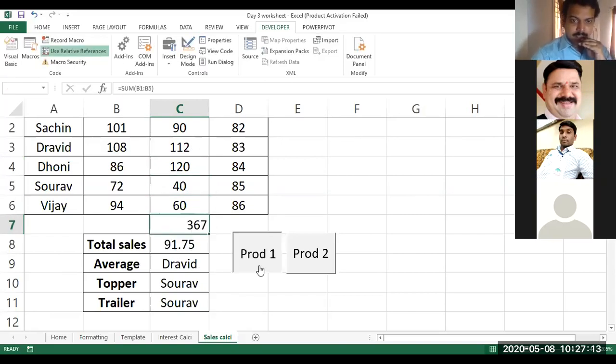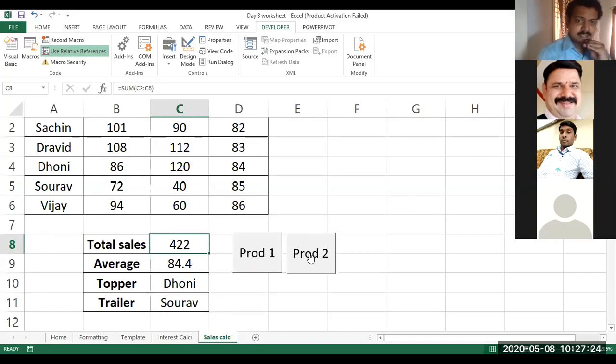Now when you click on product, you can see the values getting changed accordingly, product 1, product 2. As and when you update the sales database, your tracking will be very easy. You can see the sales average and the toppers and trailers.